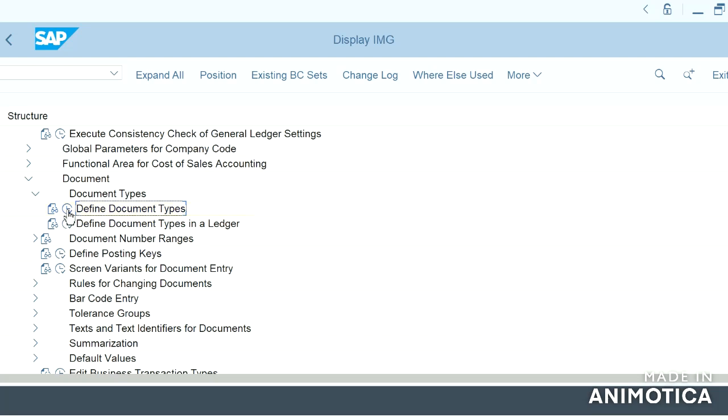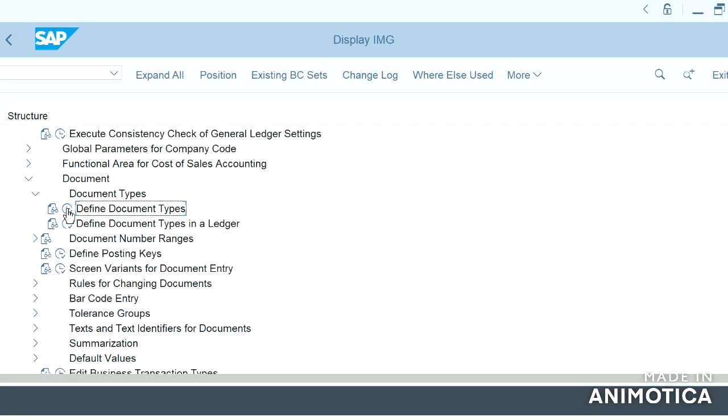So now we check regarding document types. Document types are used while we post a document. In each document, in the document header, we can see the document type. By the document type, you can say that this document is related to an asset, this document is related to a customer or vendor, or this is just a general ledger document.